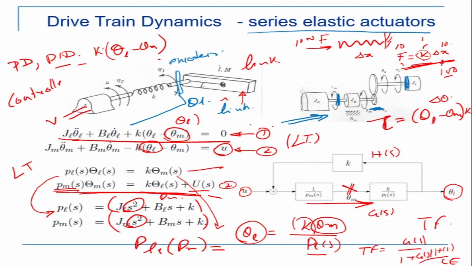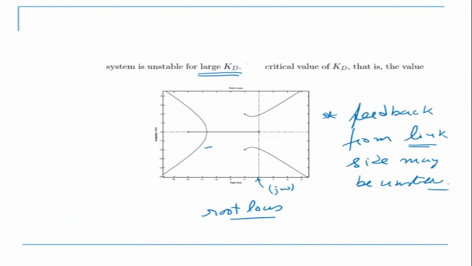And in terms of control, the difficulty is that this K is not controllable. You cannot control that K. It's a passive system. Like I was explaining here, whatever force you give, the deflection that will happen, you cannot control. That is a property of the system itself. And the additional problem is that if you're taking motor angle feedback, then there's a chance of the system becoming unstable.